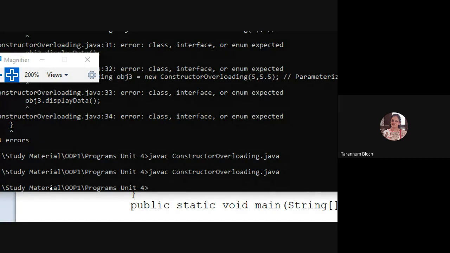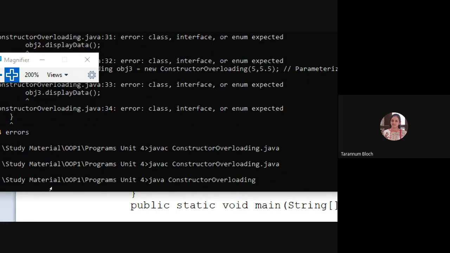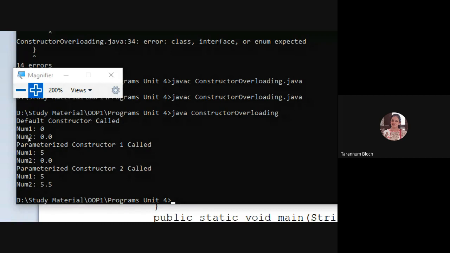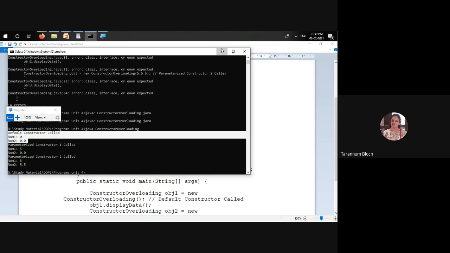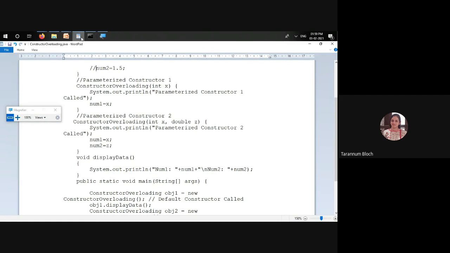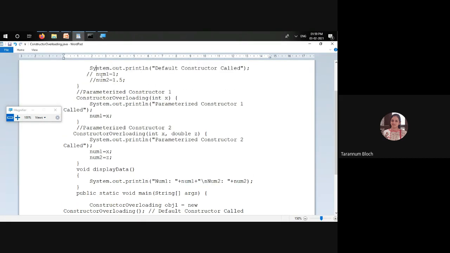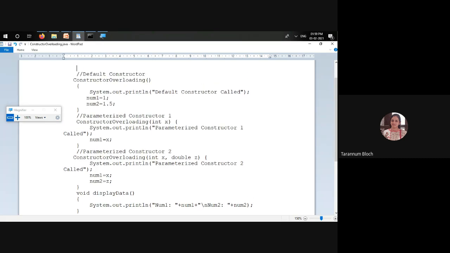Yeah, exactly. It will be 0 and 0.0, right? Can you see this? Because it gives the initial values. If not provided by the programmer, then for integer it is 0, for double it is 0.0. If it were a string, let us say public class student, string student name, then it will be null, right? Because it just assigns the memory space with the initial values. But now if I have given the values here as a programmer, then it will take that value.